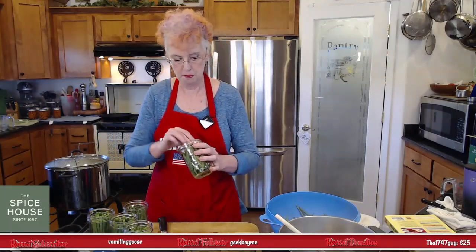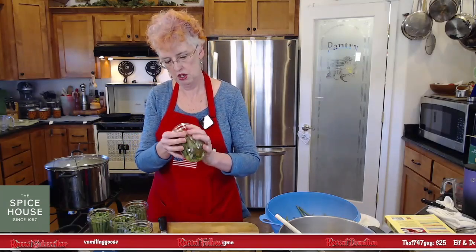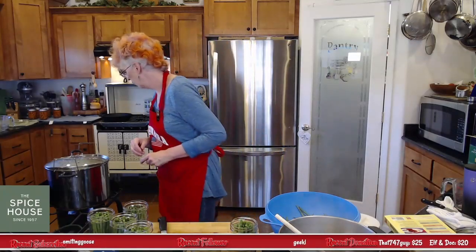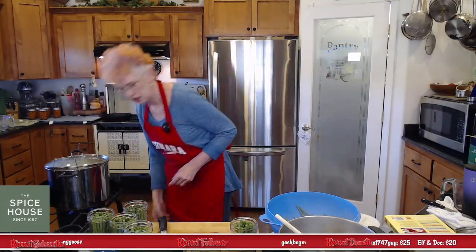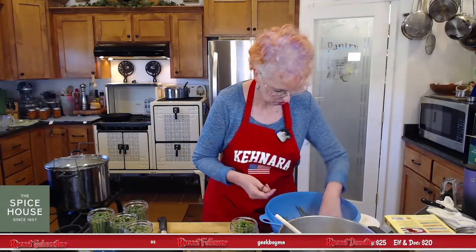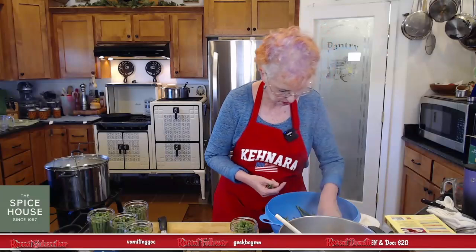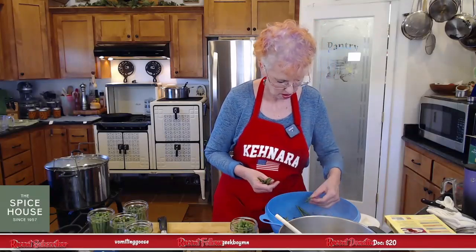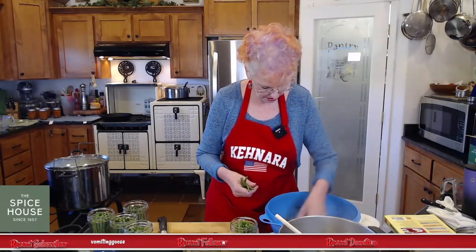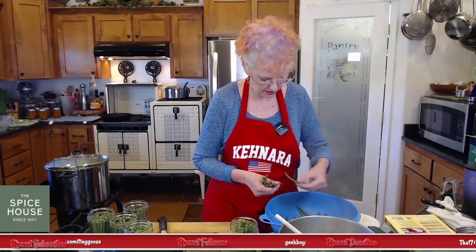I gotta get that pork belly curing too. If the pork belly does not cure in time for Wednesday's stream, I will take full pictures of it and make sure everybody can see it in the Discord. But I'm really hoping it'll be ready for Wednesday's stream. It all depends on how the nitrates do their thing. Sometimes they take a little longer, depending on how much fat is in the